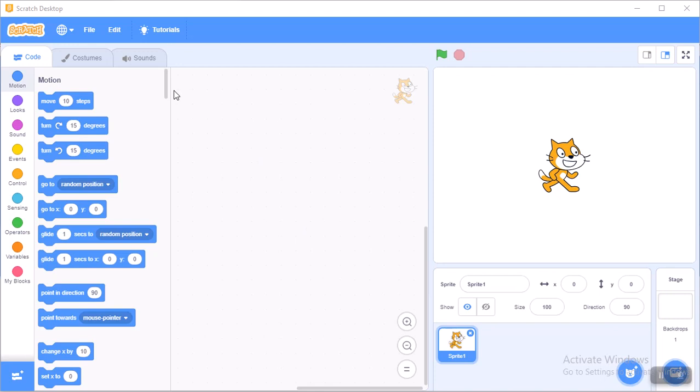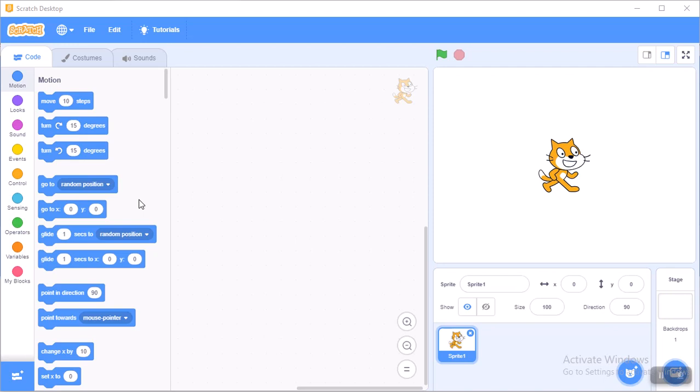Scratch is a computer language which is used for beginners. It is a block-based computer language. We do not need to write anything. We have blocks inside it, and we just drag and drop these blocks and make a program. Our program is called a script. So it's very easy to use. We can make programs, stories, apps and games inside it. Okay, so let's learn today.